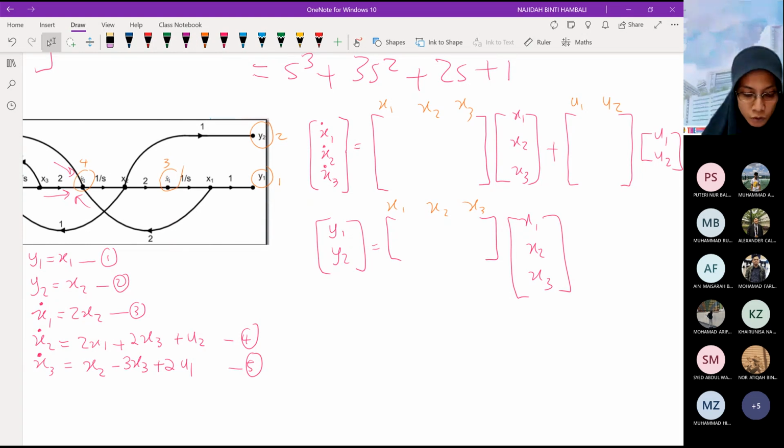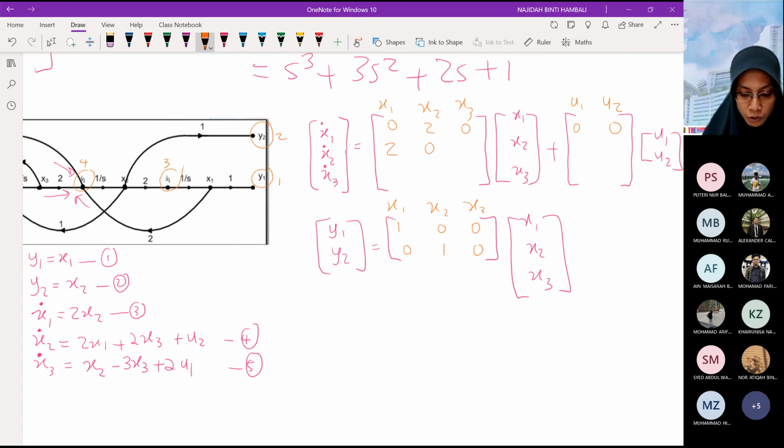Okay, so let's start with equation number 1. y1 is equal to x1: 1, 0, 0. Okay. y2 is equal to x2: 0, 1, 0. Okay, now let's move to equation number 3. x1 dot is equal to 2x2. Done with equation number 3. Let's move to equation number 4. x2 dot is equal to 2x1